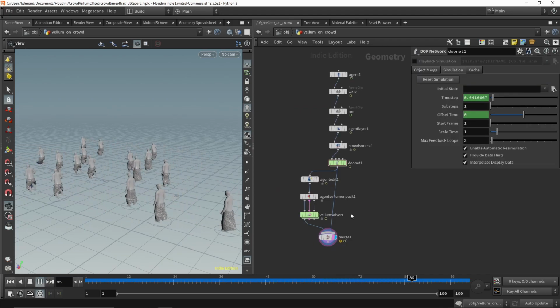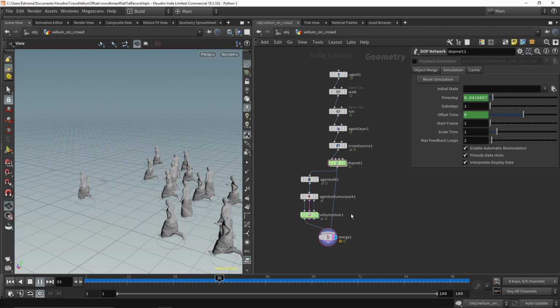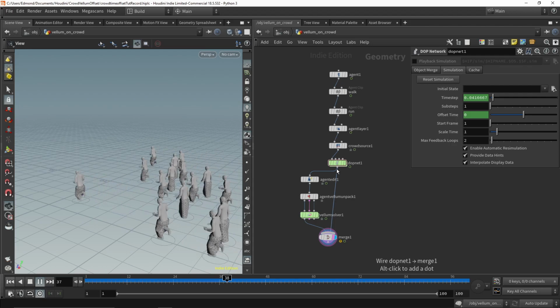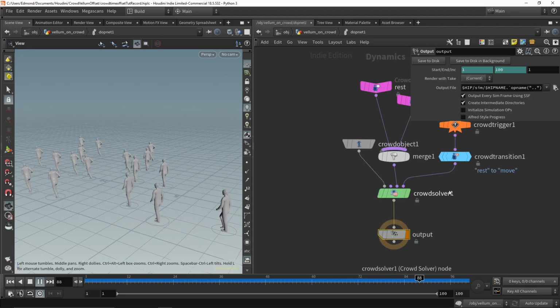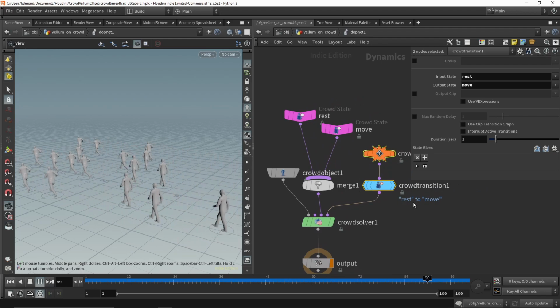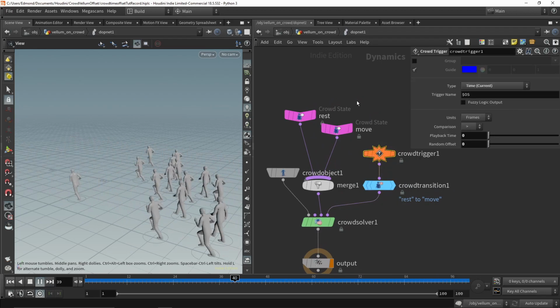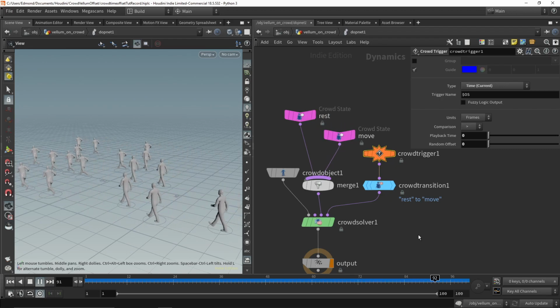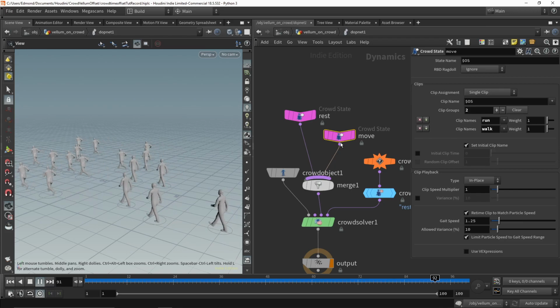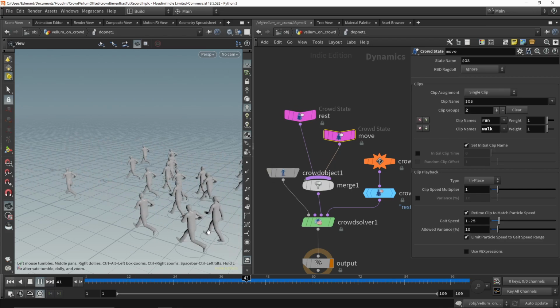The main issue right now is that all my animations are perfectly synced to the same clip times. Because the transition is triggered at the same frame for every agent, and the crowd solver starts the transition using the beginning of the target clip. This is useful when you have animation like jumping, where you need the character to start jumping, however in our case we just want to get rid of the T-pose as soon as possible, even if the transition doesn't make sense, because those frames at the start are probably not going to be rendered.